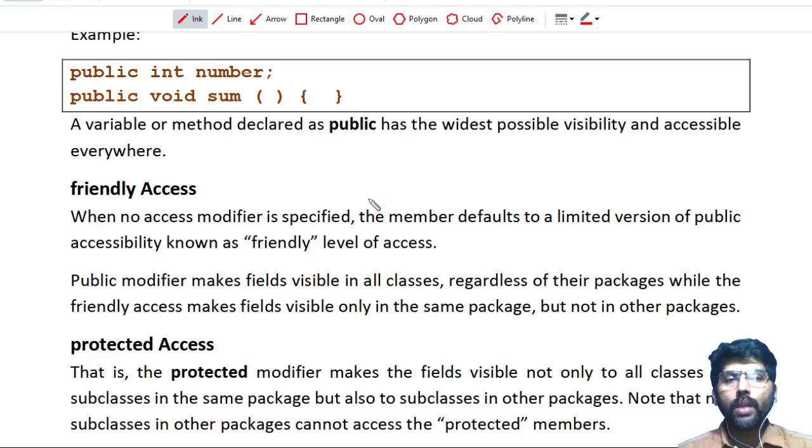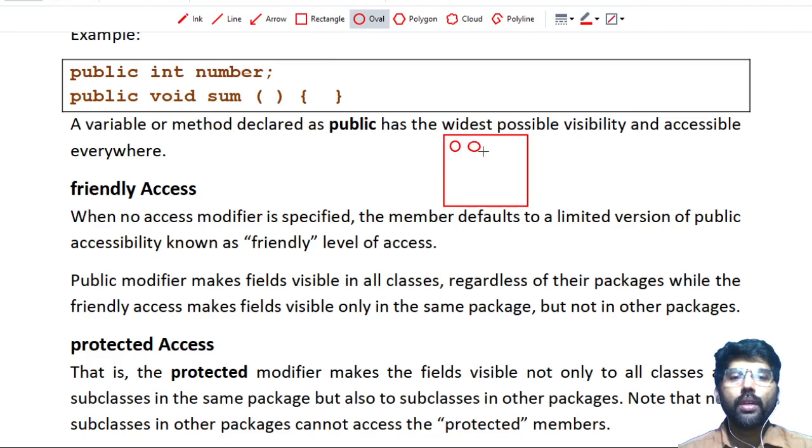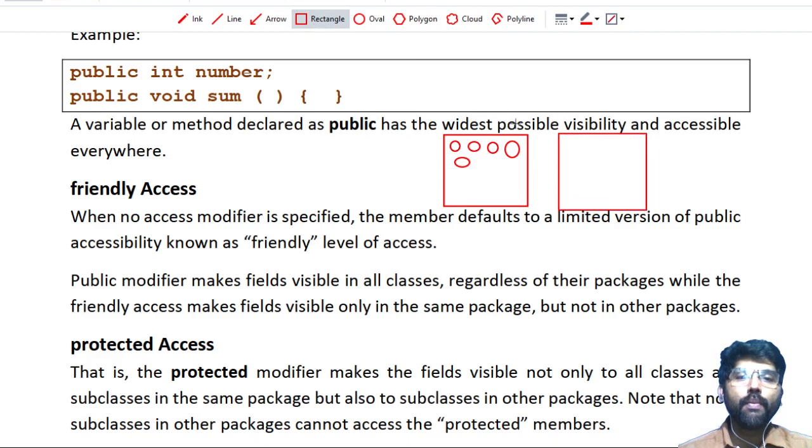Now first, to understand the meaning of package here: a package is nothing but Java's way of collecting classes. Think of it just like a box where we can put classes that show some similar features. If I imagine this oval as a class and we put them in a single place, it is called a package. Like that, I can create multiple packages in a Java program, each containing its own classes.